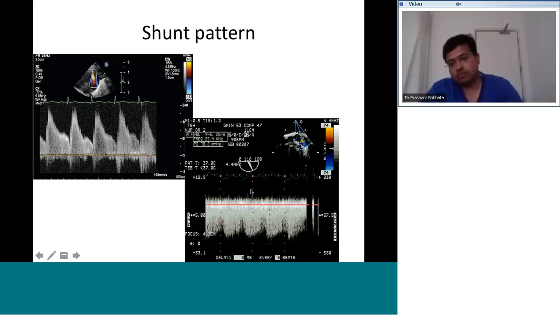Again, in all probability, we are going to close this PDA. What about the last one? So in the last one, as everybody is saying, yes, it's a very small PDA. You can see a significant difference of the pressure in systole as well as diastole, which is showing